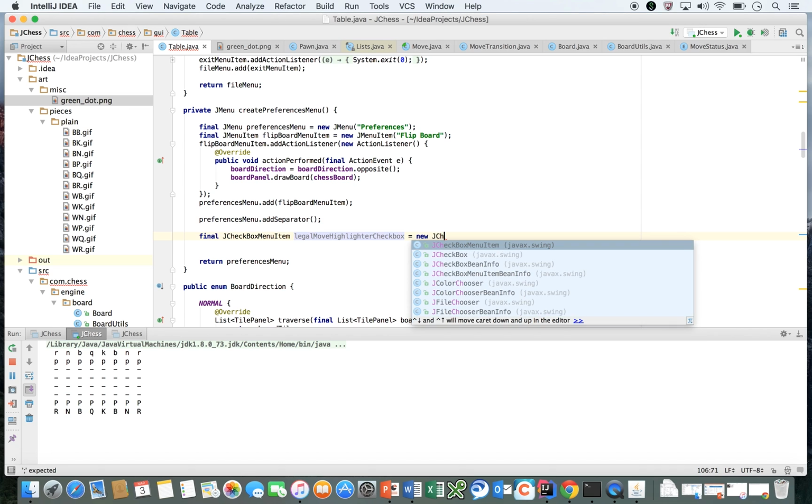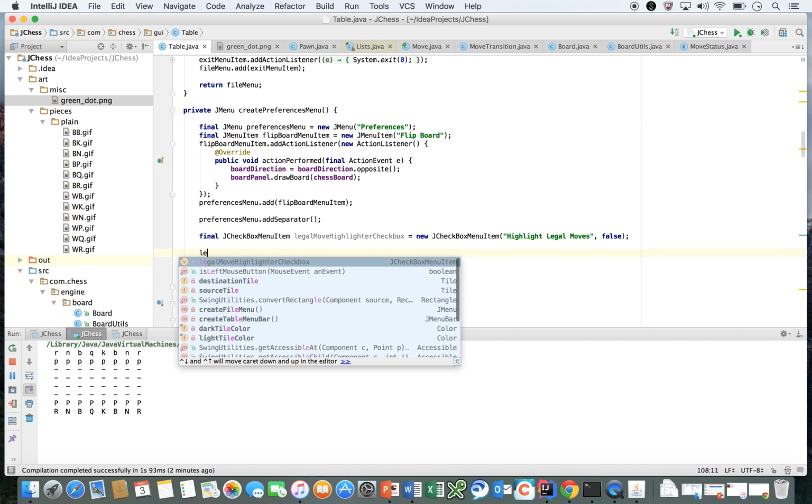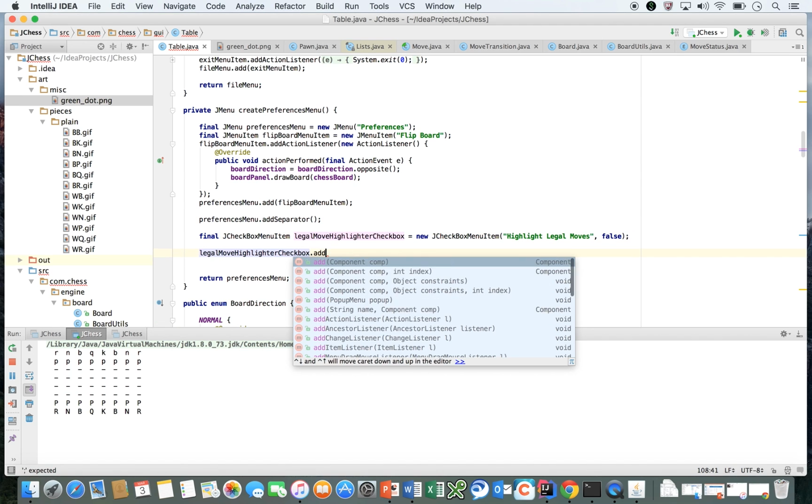The new checkbox menu item, and we're going to call it highlight legal moves, and we're going to default it to false, and we're going to say legal moves highlighting checkbox dot add action listener,